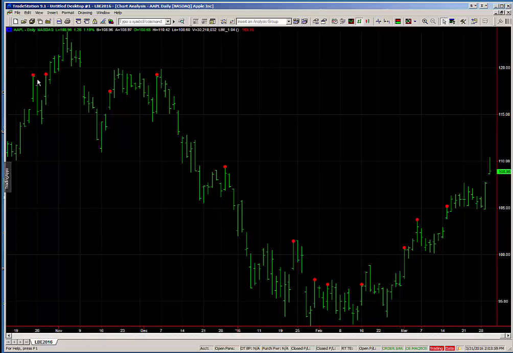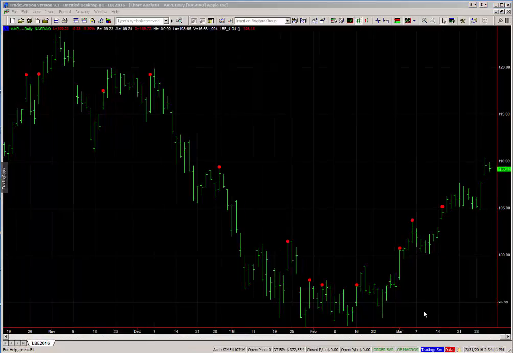These are the show me blobs, and you will notice that they appear at the high of the bar as I have specified. So this is the show me blob indicating a range lead up condition on every single one of these bars with the blob at the high of the bar. You will recall I mentioned that